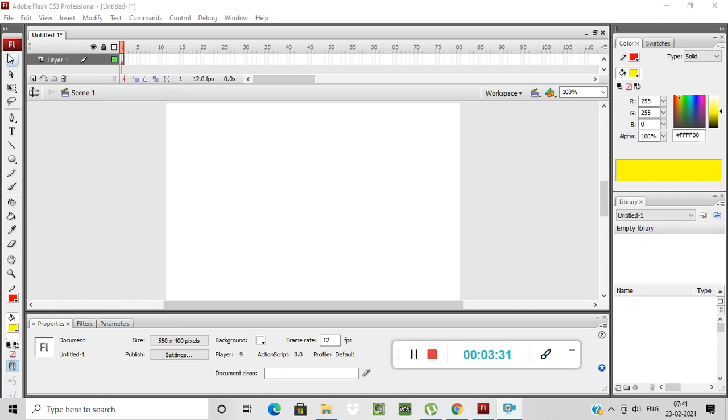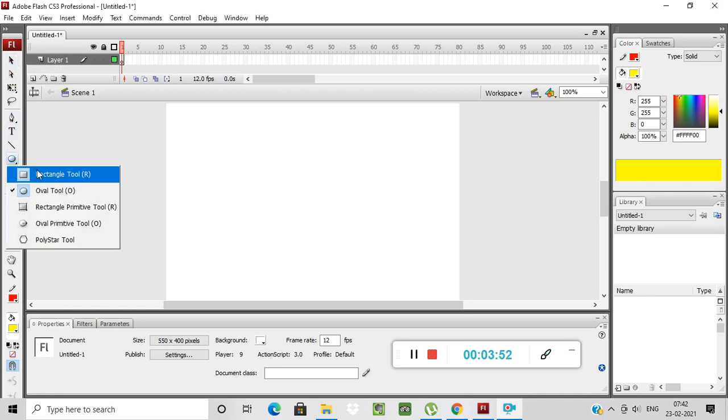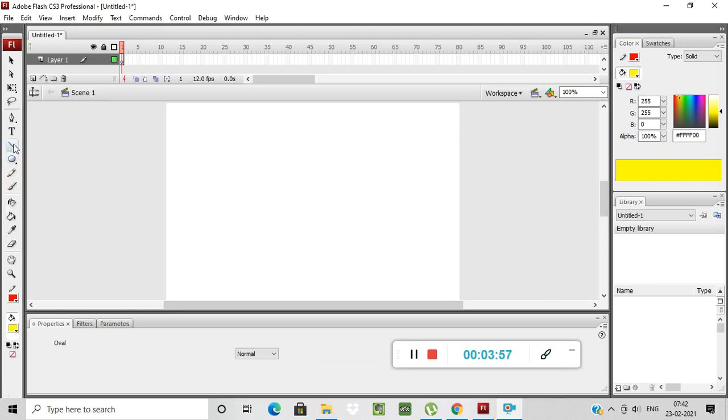In the last video I already told you about the tools. Okay, how to use these tools. Now see here, some drawing tools are available. First is your arrow tool. See, these are your arrow tools. Then next you have a rectangle tool. Okay, I already told you the rectangle tool. See, all the shape tools are available here. Okay, next you have a line tool. Okay, see, in the line tool you can change the line style, stroke style. Line is nothing but your stroke. You can change the stroke style over here.